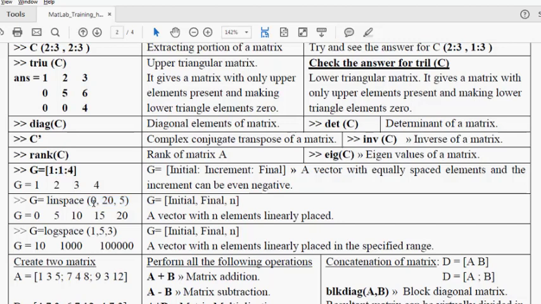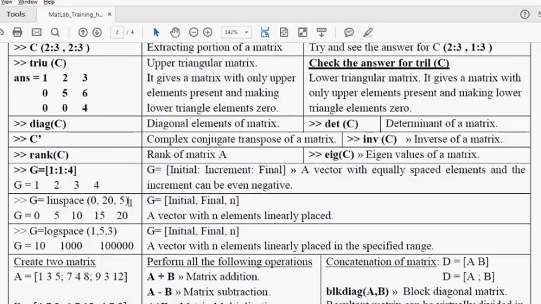Say I want to create a number of points, say 100 points between 0 and 10. I know the initial value, I know the final value, I know how many equally placed points I want in between, but I don't know what the increment is. Then I can use a function called linspace, which is